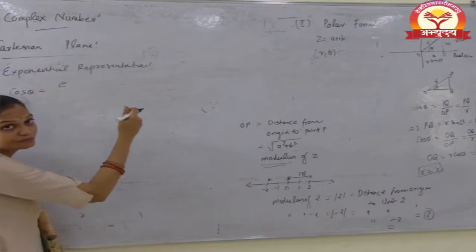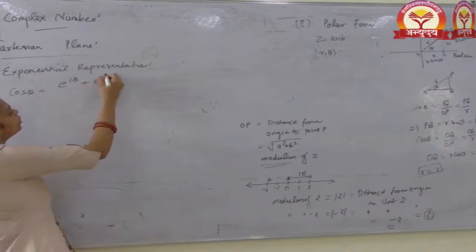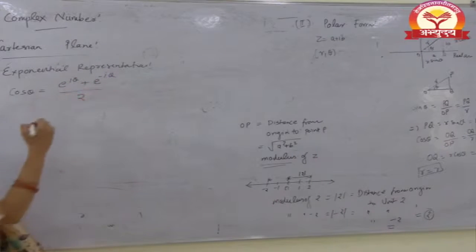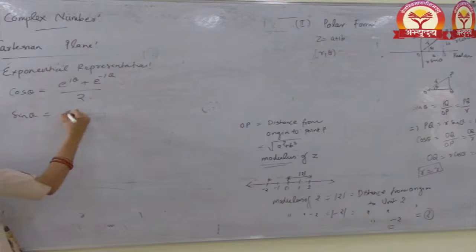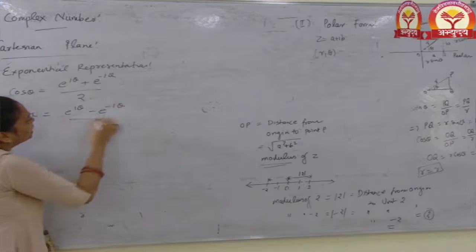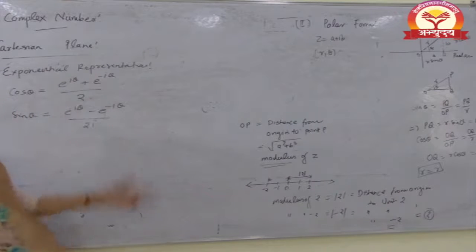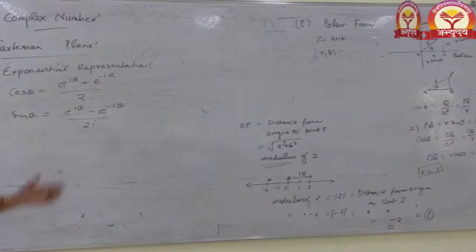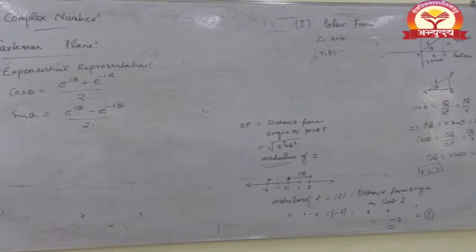cos θ is e raised to power iθ plus e raised to power minus iθ upon 2, यूलर फॉर्मेट में अगर आप देखो, and sin θ is what, that is e raised to power iθ minus e raised to power minus iθ upon 2i, imaginary form. This formula is also known as trigonometry में आपने 12th में पढ़ रखा होगा, अगर नहीं पढ़ा है तो this one is a Euler formula for this sin and cos formula,